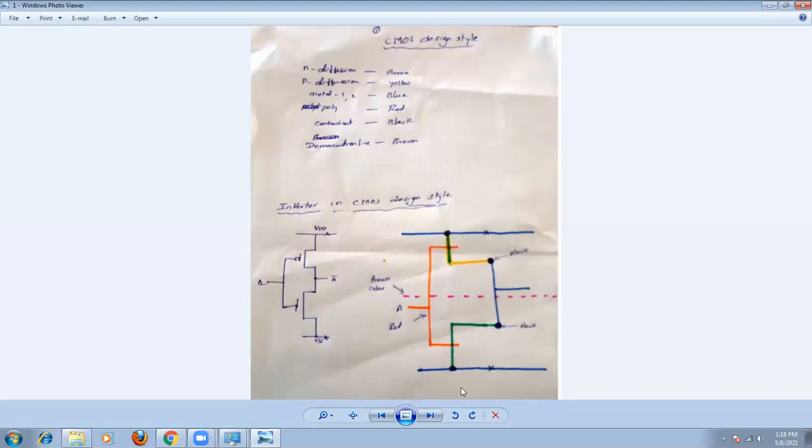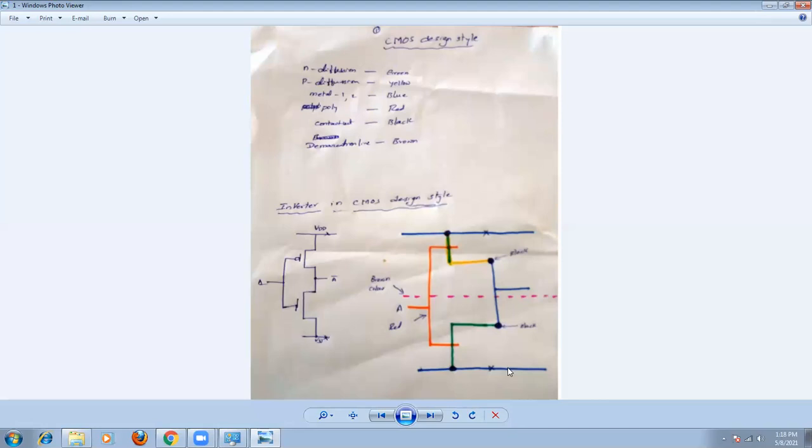For example, if the number of transistors is greater than 4, then you can use up to 8. 4 plus 4 is 8, 8 plus 4 is 12. Okay, multiples of 4 here. 4 plus 4 plus 4 like this. So next is up to 8, you can use 2 crosses. Up to 12, we can use 3 crosses. Up to 16, we can use 4 crosses like this. So like this we are going to use.